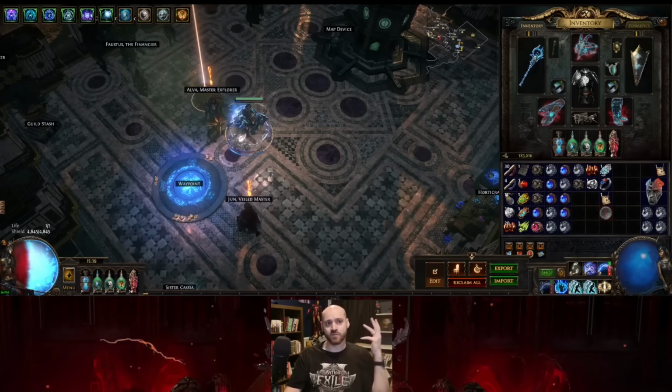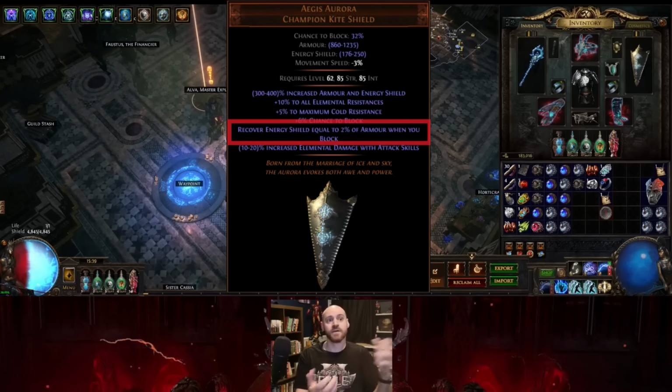And then on top of that, we've got endurance charges, max block, max spell block, and then the Aegis Aurora Shield to cap it all off and capitalize on all that max block by recovering a healthy chunk of Energy Shield anytime that we block. So, like I said, overall, if you want to take the time and currency and turn this into your endgame